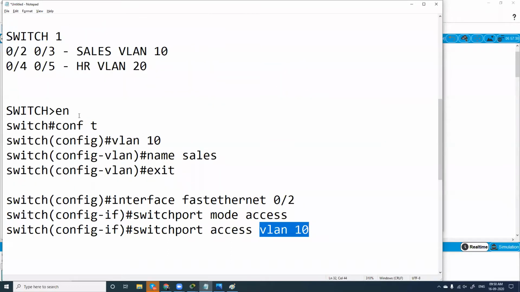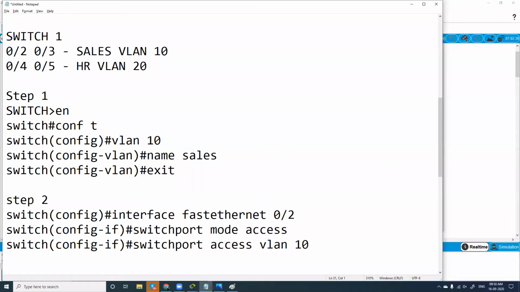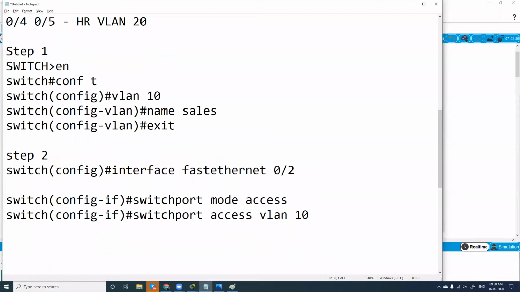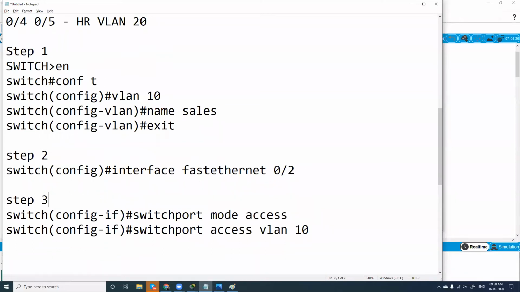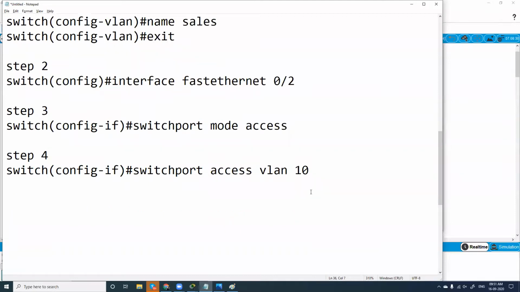So this is step 1. Let me make it clear here. This is step 1, this is step 2, configuration is step 3, and this will be step 4. But you'll be doing this continuously, one after the other, right?